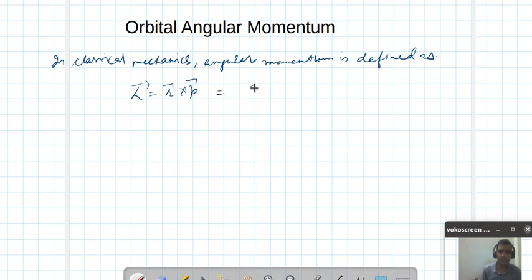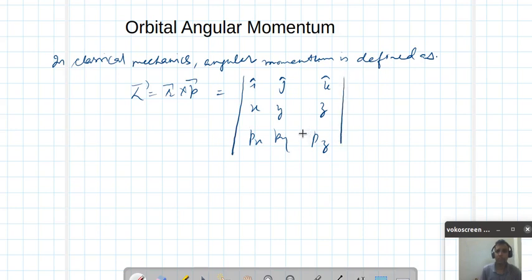So mathematically it can be represented in the form of a determinant. This is a mathematical representation of this. So it can be written as